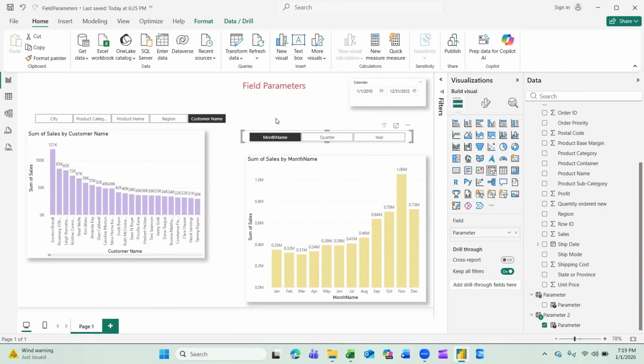Of course, with some small adjustments, we can build a professional dashboard. So this is all about